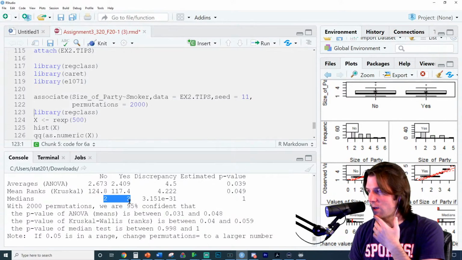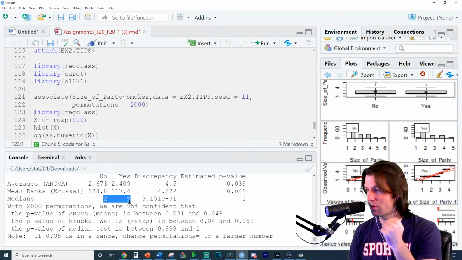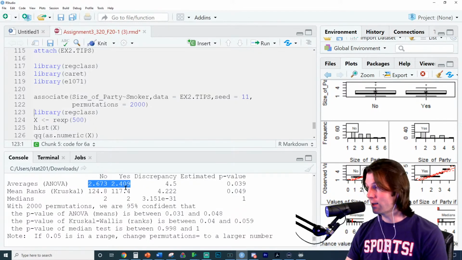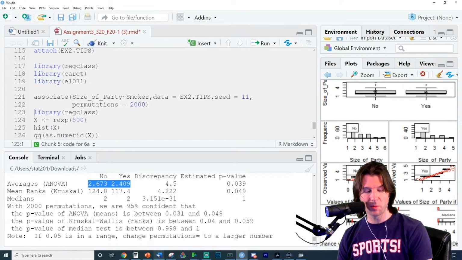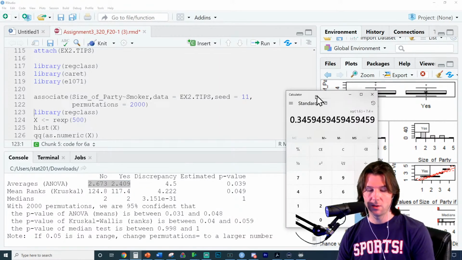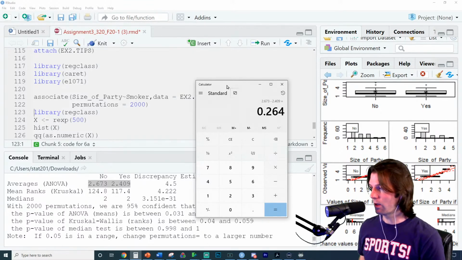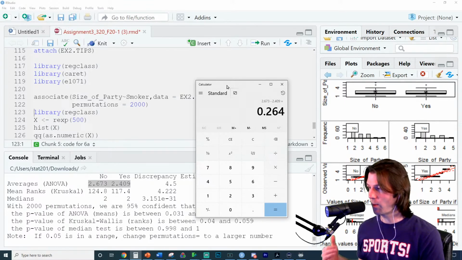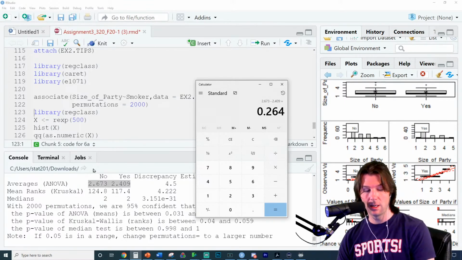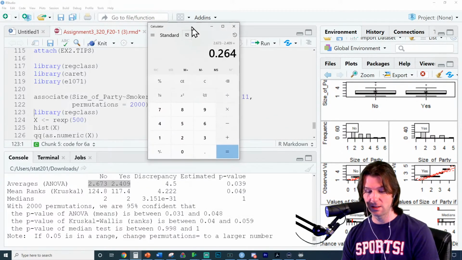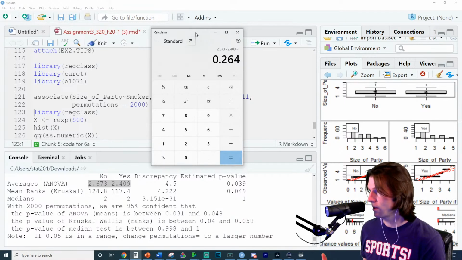I guess the last thing right here is to talk about the practical significance of this. If I'm going to gauge the practical significance of these numbers, I need to talk about the difference. And this is a huge thing people are going to get wrong on this assignment, is we need to take and subtract these numbers and talk about what is the actual difference between these numbers. So when you look at the difference between these numbers, you need to talk about it. We're talking about party size based on if someone is not a smoker or is a smoker. And right now, this difference is statistically significant, which means it could be practically significant.